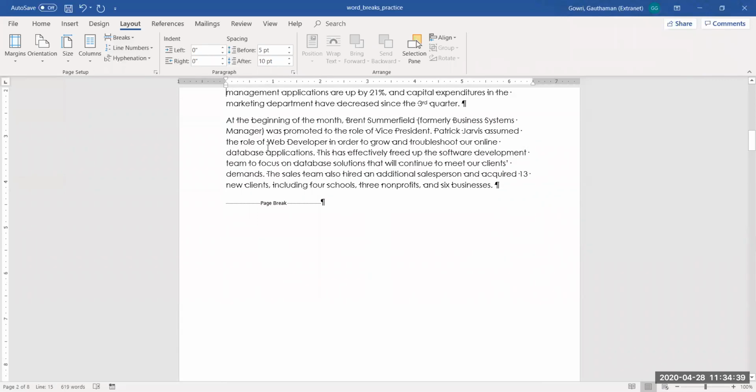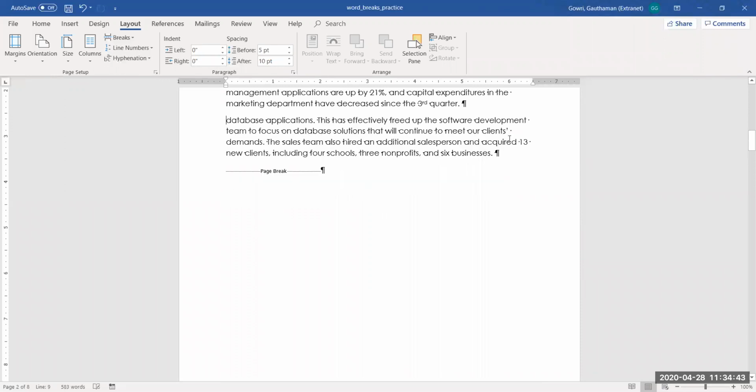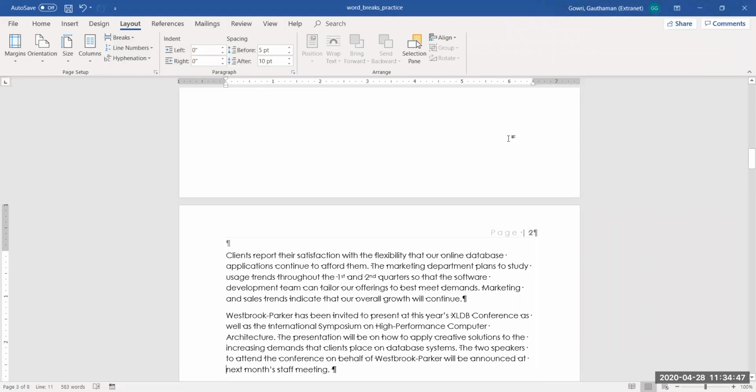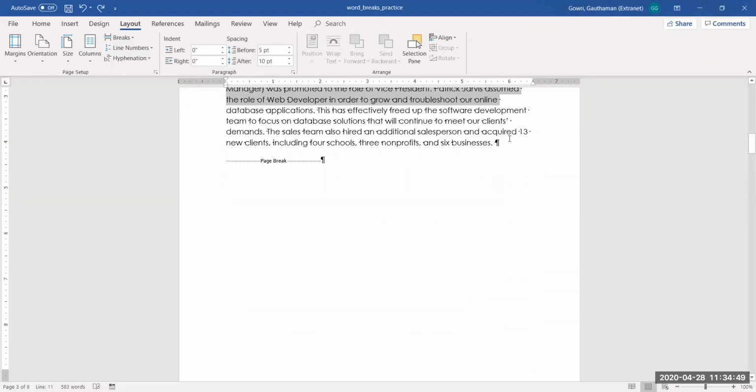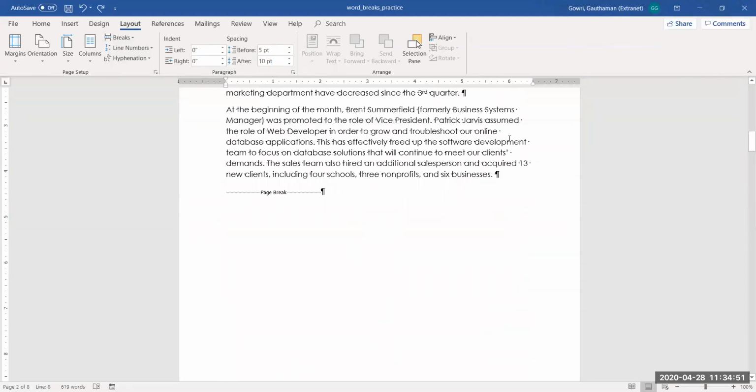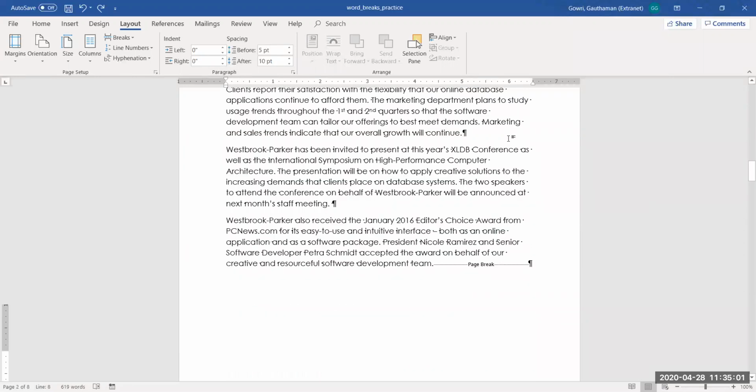Even if I make any changes here, it doesn't affect the data present in the next sheet. This will not move, it will stay in place. So my document is safe. I don't have to worry about looking at all the sheets whenever I change something in my document. So these breaks are really helpful that way. The next is,